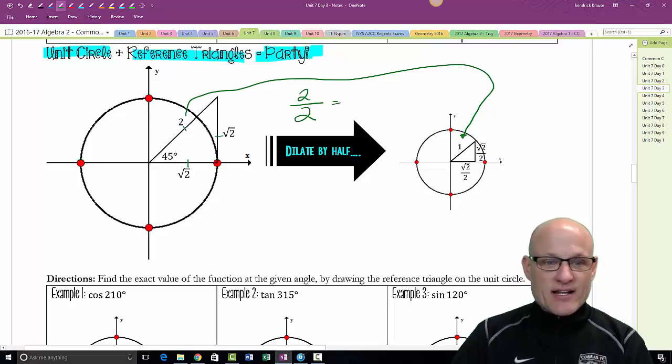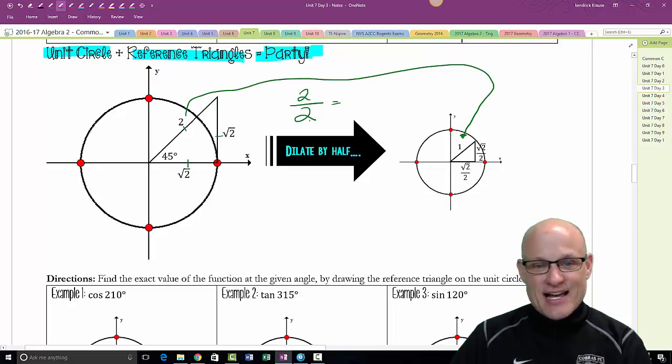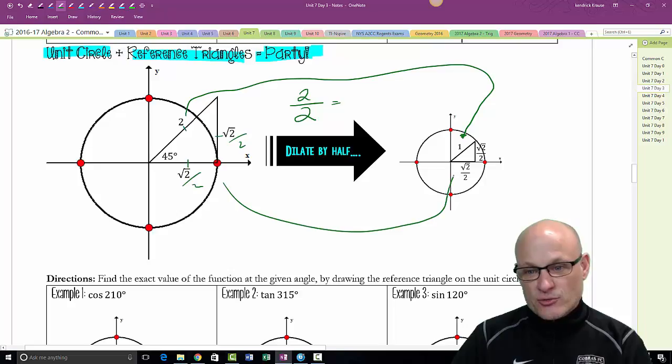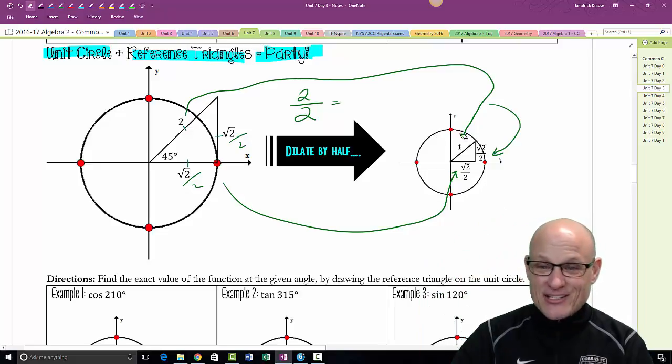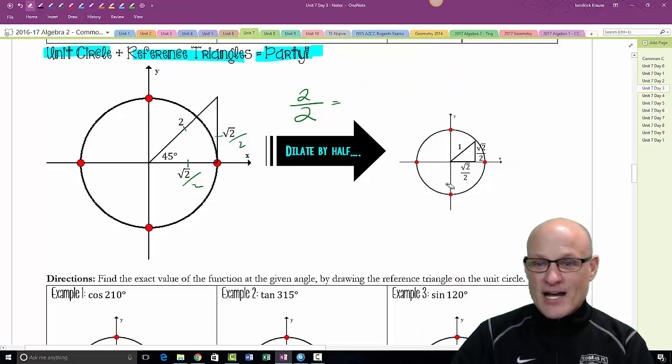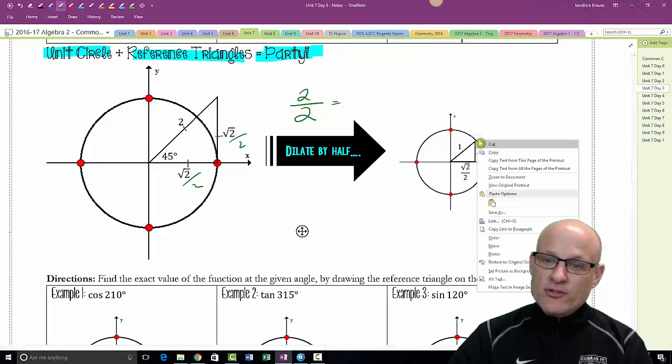Well, if I divide the hypotenuse by 2, I've got to divide each of the sides by 2 in order to get to the unit circle. And therefore, they are proportional. Now, why in the world am I telling you that? Well, I'm telling you that because in the unit circle,